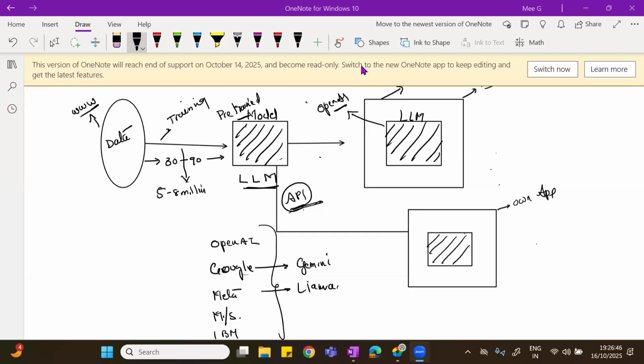If you don't need to keep it secure in your system with your own data, there is no need to bring it to your system; you can connect through the API and use it. Only if you want to use it with your own private data do you have to get it into your own system.